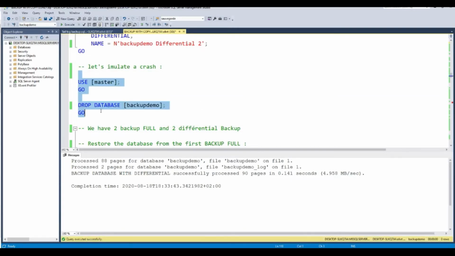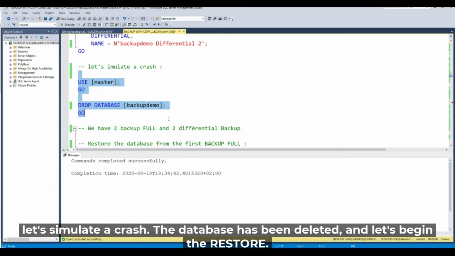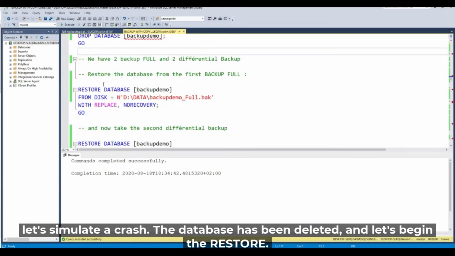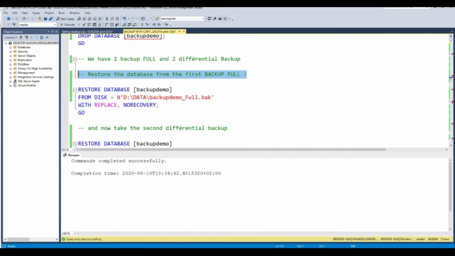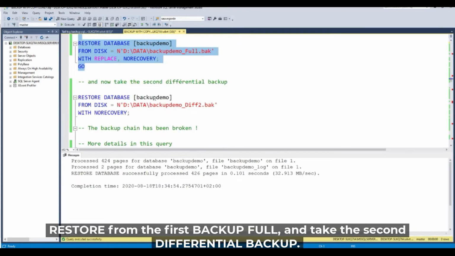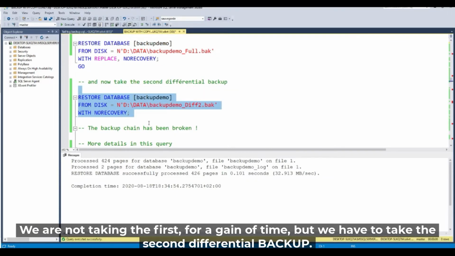Let's simulate a crash. The database has been deleted, and let's begin the restore. Restore from the first full backup. It's done. And now take the second differential backup. We are not taking the first for the gain of time, but we have to take the second differential backup.